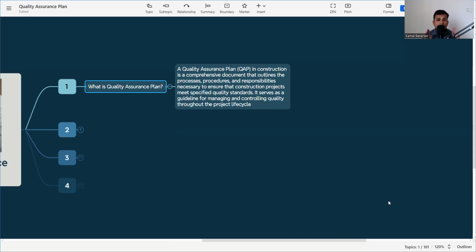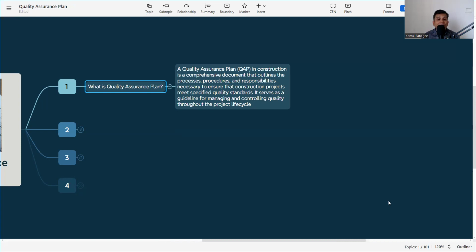Now, in construction, if we want to do any activity or perform a project from start to finish, we need different processes, we need different procedures, and for whoever is involved in this process, the worker, labor, engineer, supervisor, foreman, their responsibility has to be well defined and outlined in a document.